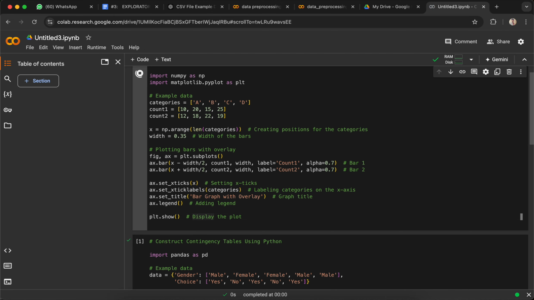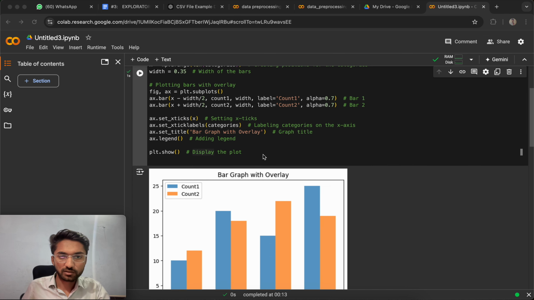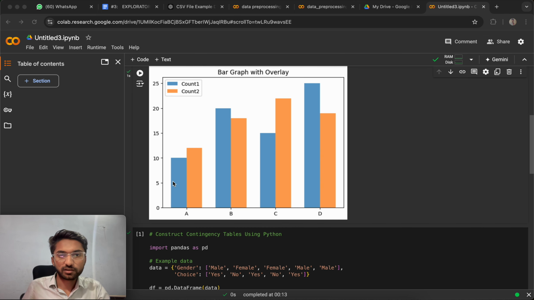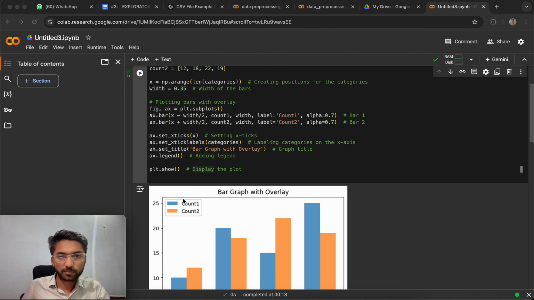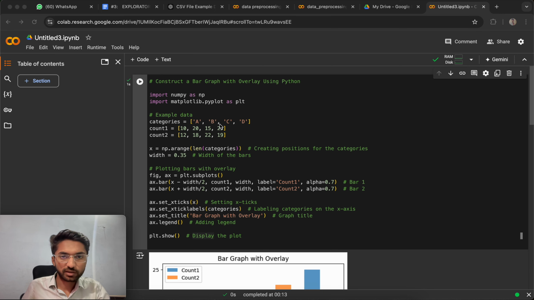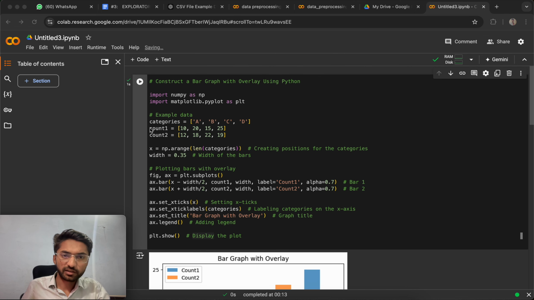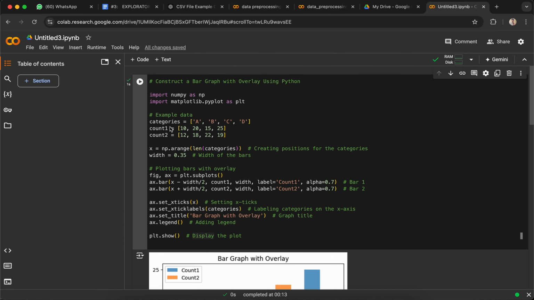So run the code. You can see there are two graphs, two bars. Count one has the categorical values A, B, C, and D. This is the reading time of A: the reading time the first time, and this is the reading time the second time.